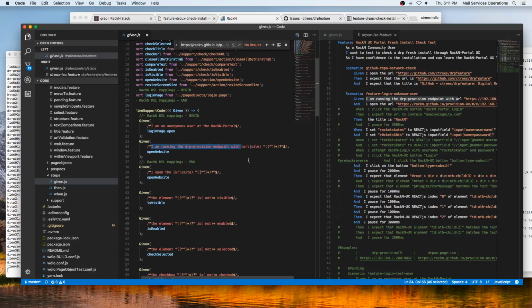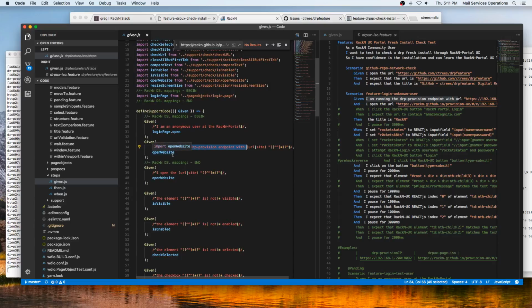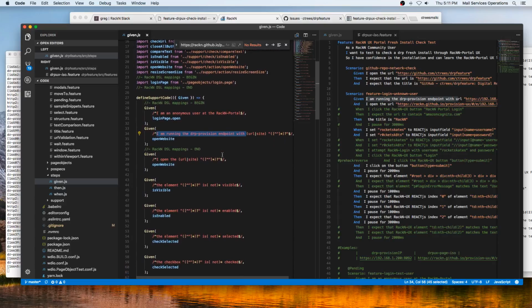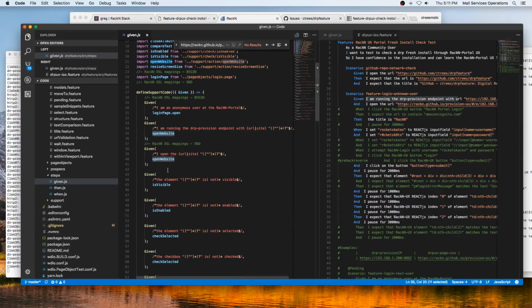So I'm passing two variables, site and URL, and whatever the site and URL is in quotes. And this is a problem. Oh no, this was not okay. So I didn't create a new one. What I was doing, I had intentions to endpoint. Oh wait, running the DRP endpoint with URL. Okay, with URL. So I'm actually using the common one, and my intention was to change that,